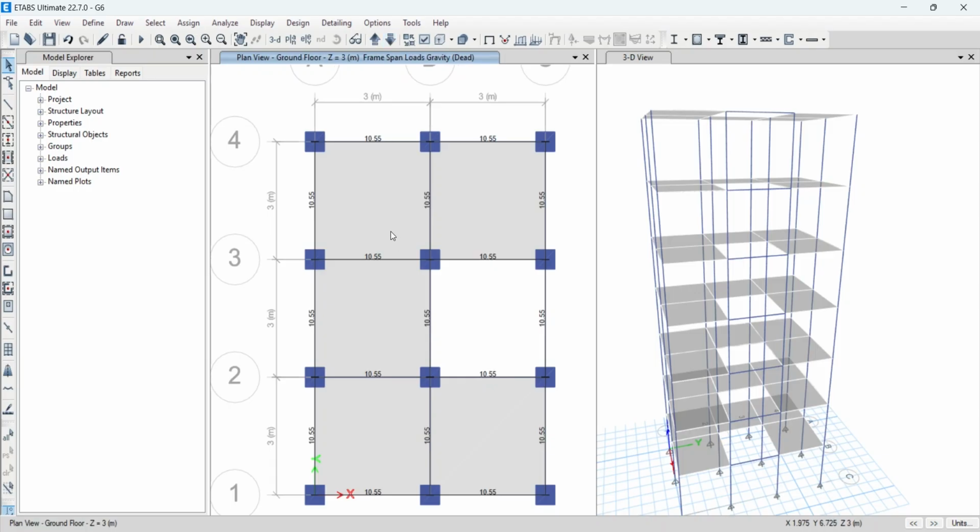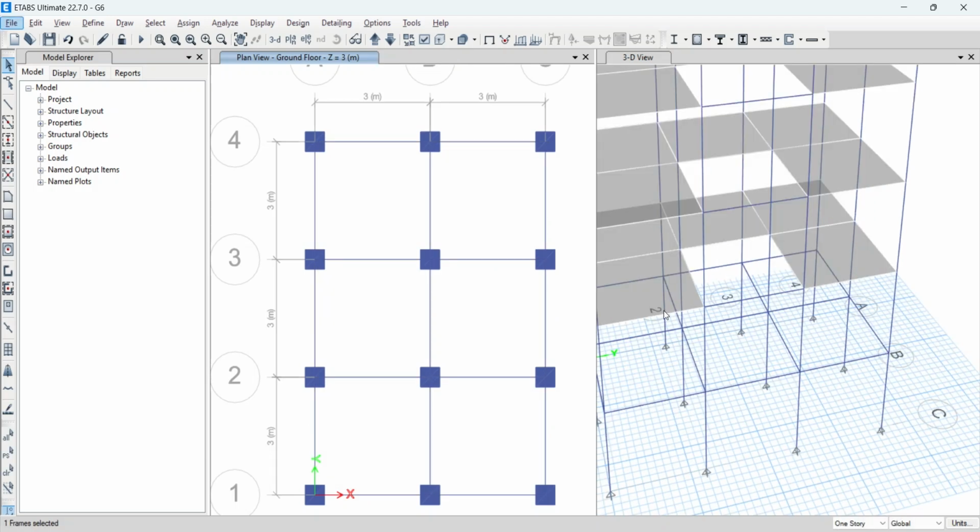Here I have to remove the slabs because we don't have slabs on the ground floor. We only added the slabs first for the ground floor to add the other stories. And after adding the stories, now I want to add the landing beam